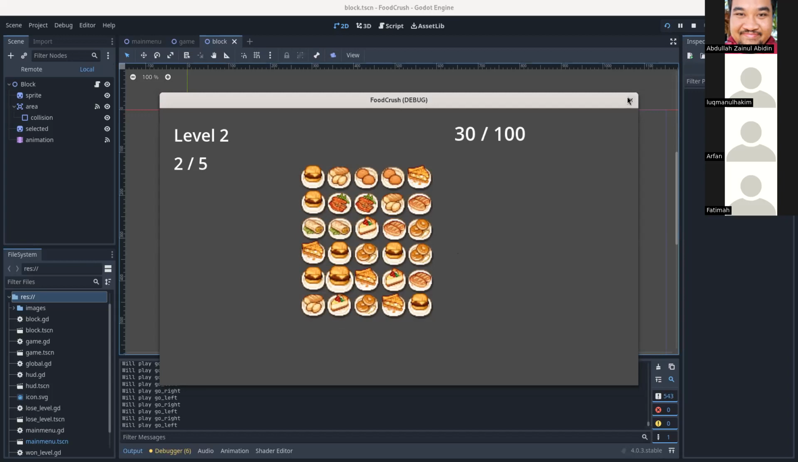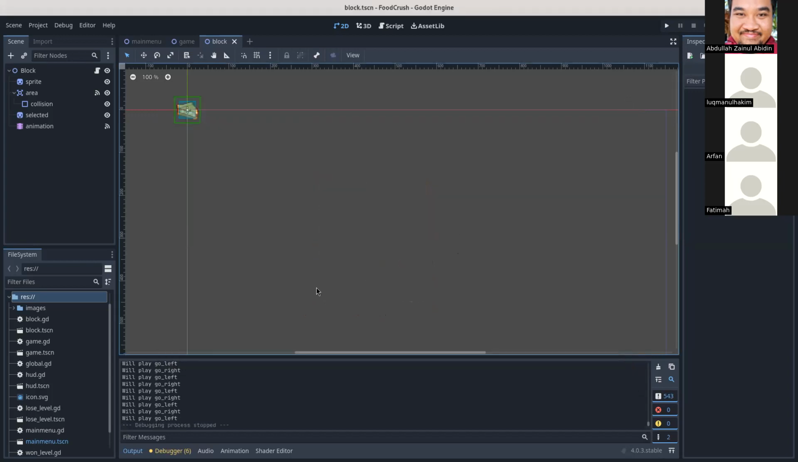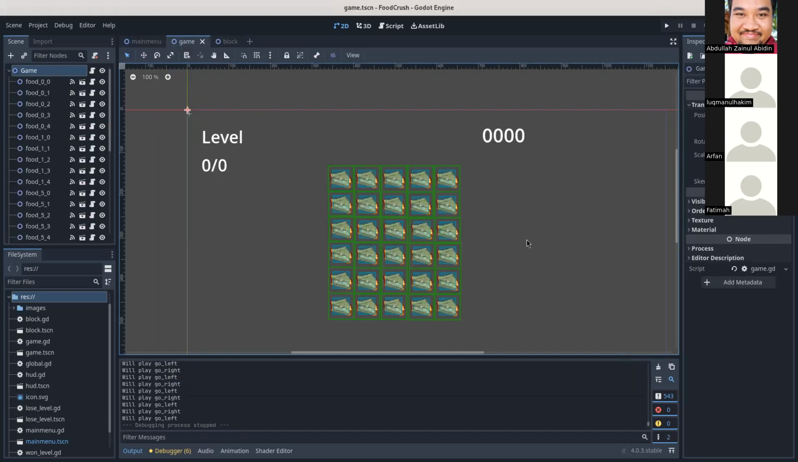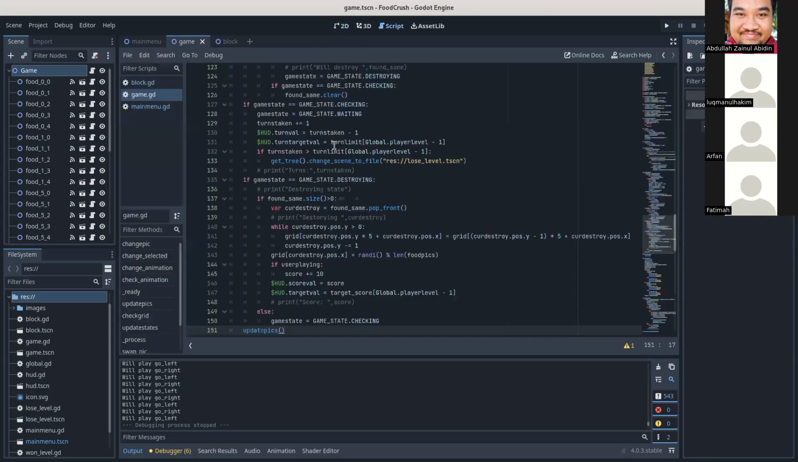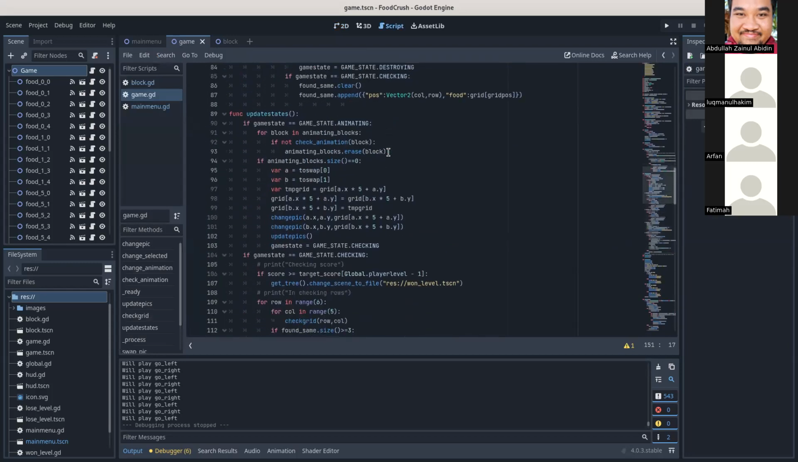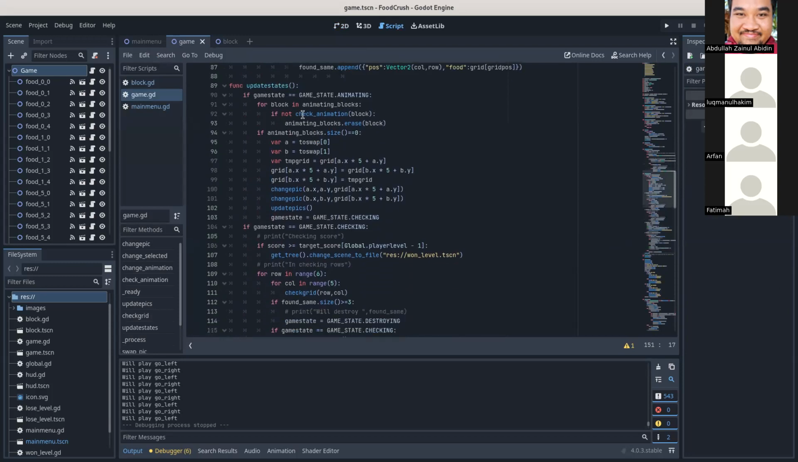Okay, so let me explain how it was done. The main thing that I did, let me explain the source code. The other day we already had this source code. We already started with the update state animating. It checked whether it's animating. If it's animating, then we're going to